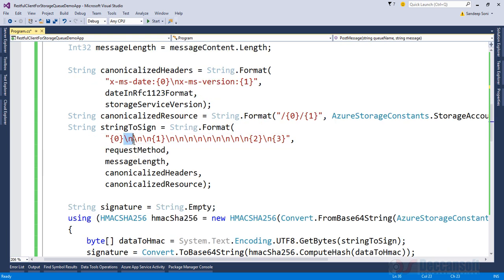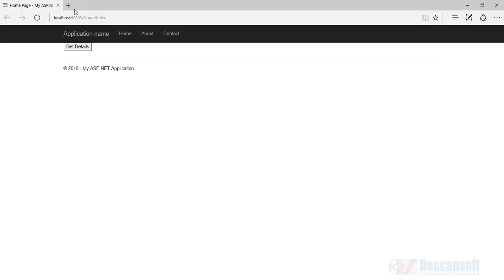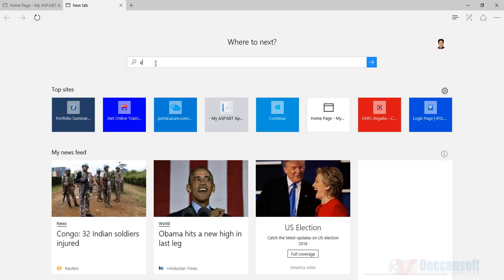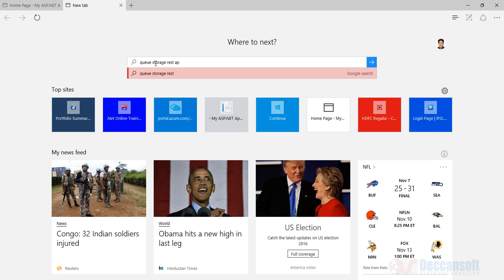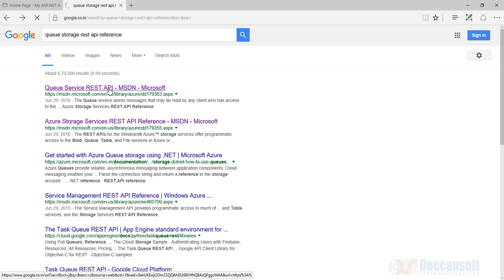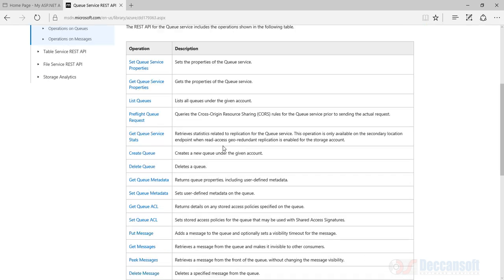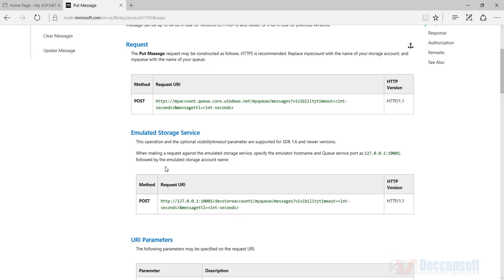And here you should see the number of slash n's are many when compared to the table storage. We have more number of slash n's. Of course, for this also I already showed you how you can see the documentation and use it. Search queue storage REST API reference, and you have all these methods. What is it that we are interested in? Post message, that is put message. Go there, and here it clearly says